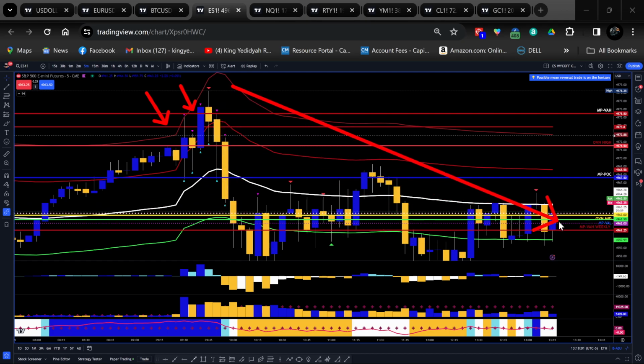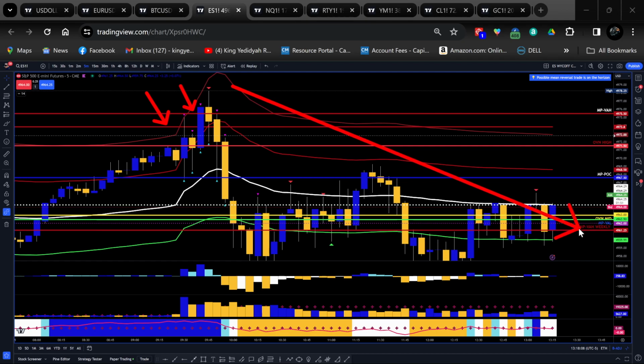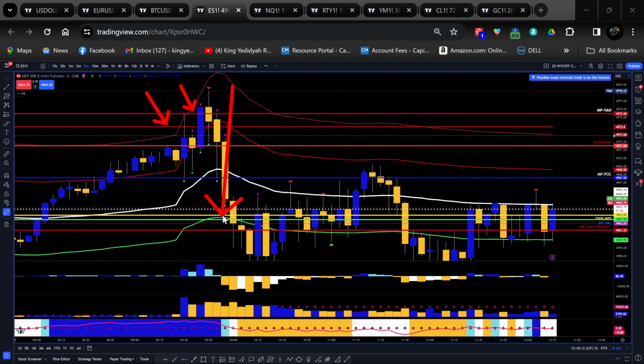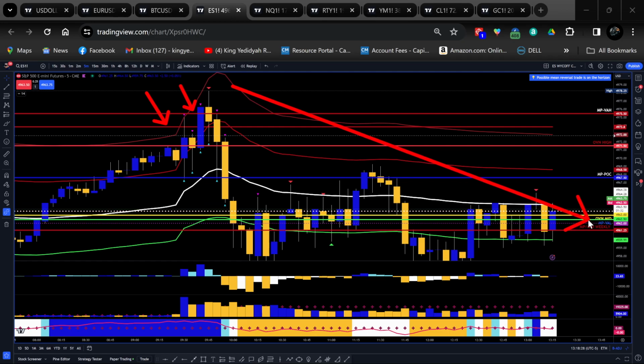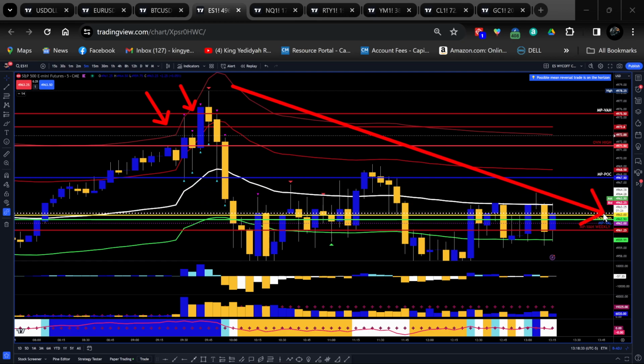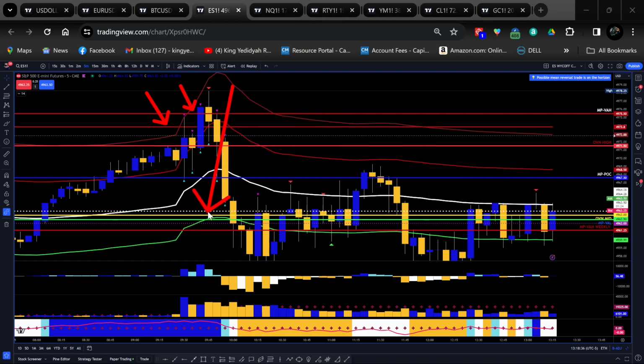Took that down to, excuse me, the weekly market profile value area high, which is at 49.6125. Around that area, which is also lining up with the overnight mid and the intraday value area low. That green line right there is 49.6250. That's the intraday value area low, market profile, and the mid is at 49.63. That's the overnight mid.